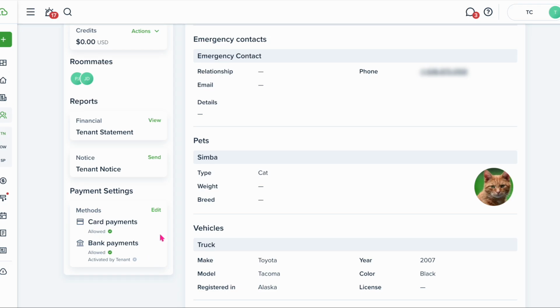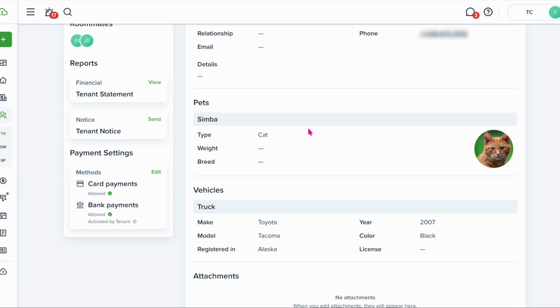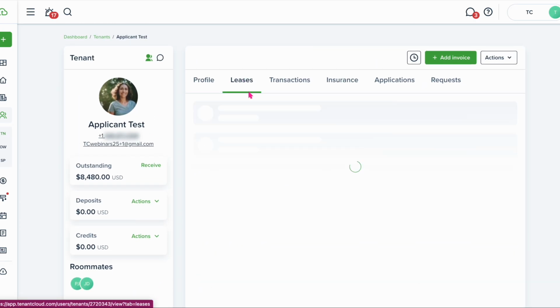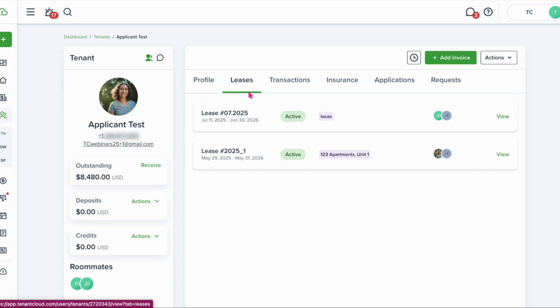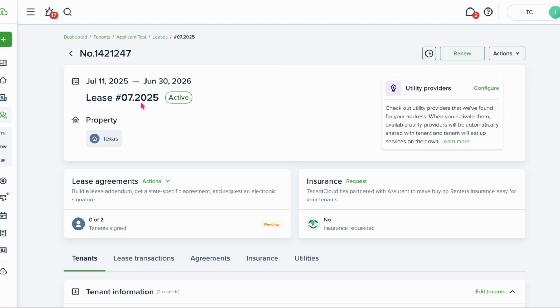If it's a green check mark, they have added their bank account. You can see here all of the basic information under profile. Under the leases tab, this is where you will navigate to a lot of the time in your TenantCloud account when you're making changes. So if we view the active lease, we can see here the lease dates, the lease